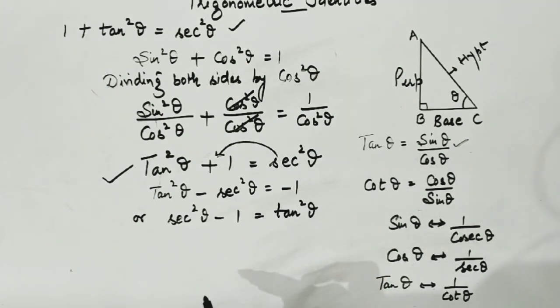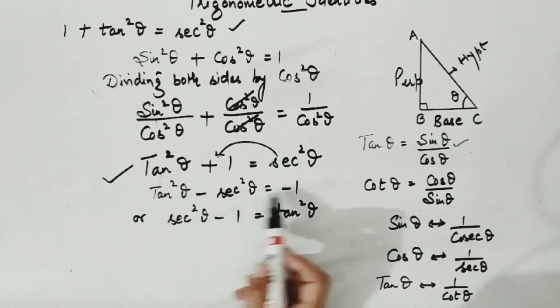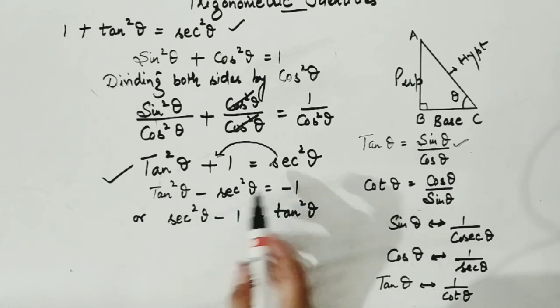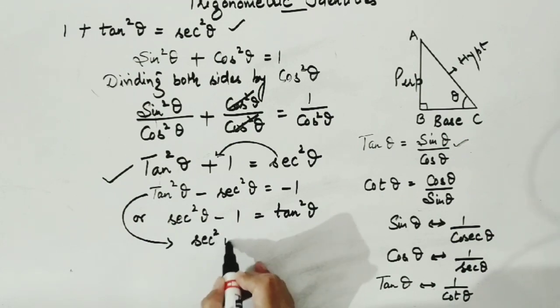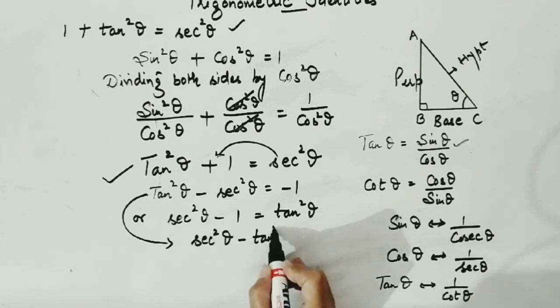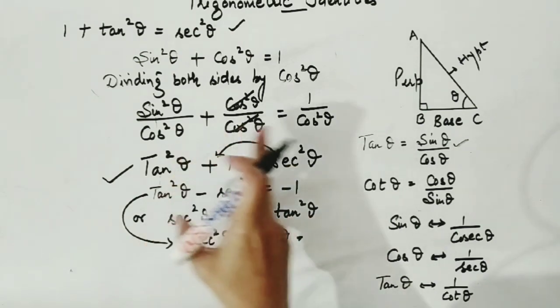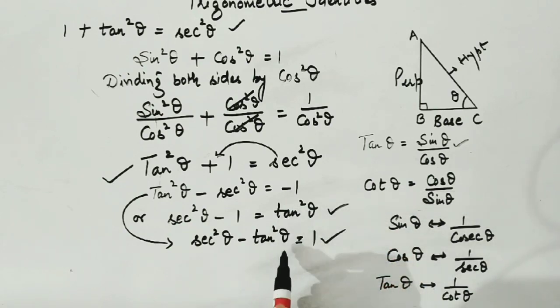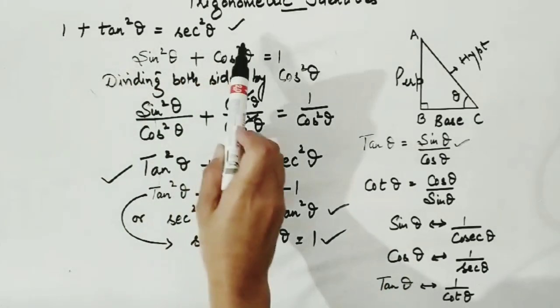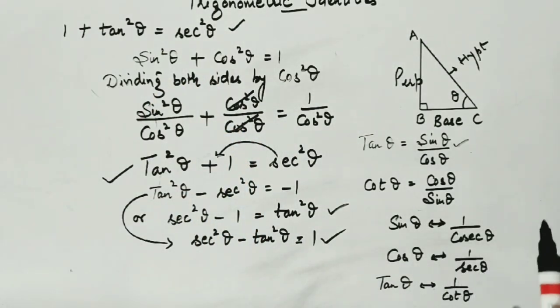Okay, you can rearrange this. Why take minus 1? Let's rewrite this. It would become secant square theta minus tan square theta, which is equal to positive 1. So these two are conversion identities. This was your basic second identity. So in all 6 are done, 3 more are there. If I say 3 more, I am talking about the third basic and 2 conversion identities which would be obtained